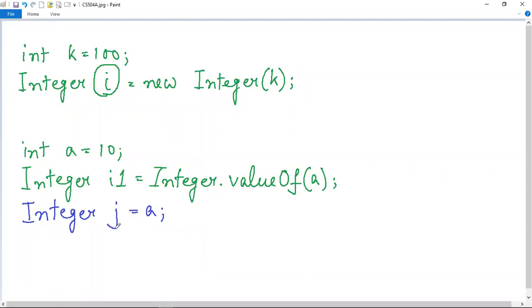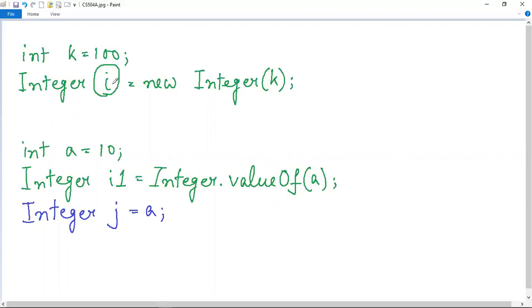So here we have taken another reference variable j, which is of this Integer class, and after that we have written an assignment operator, and after that we have written the primitive variable itself. This will also do the same thing as the other statements. This statement will actually do the conversion from the primitive data type int into an object. The valueOf method will also do the same thing, and this statement will also do the same thing.